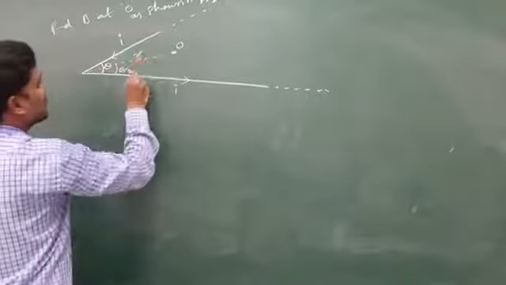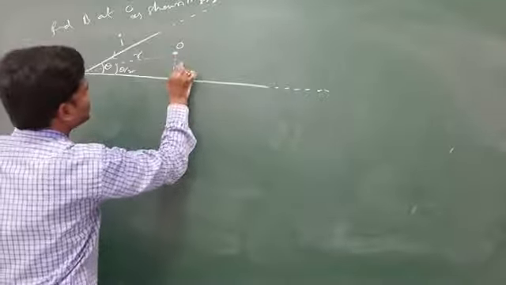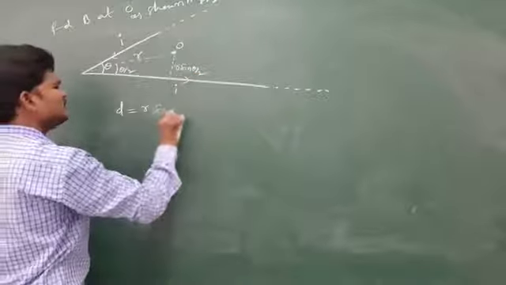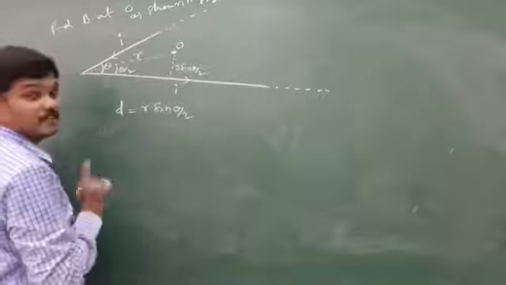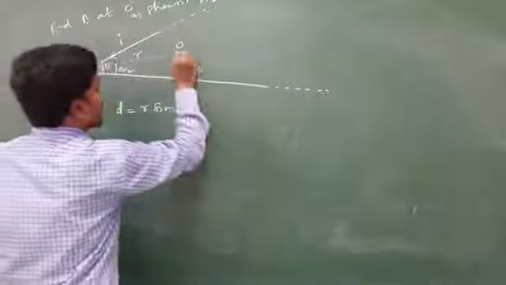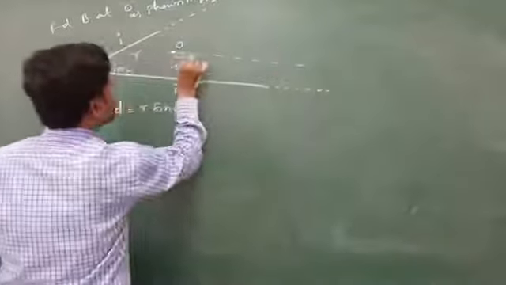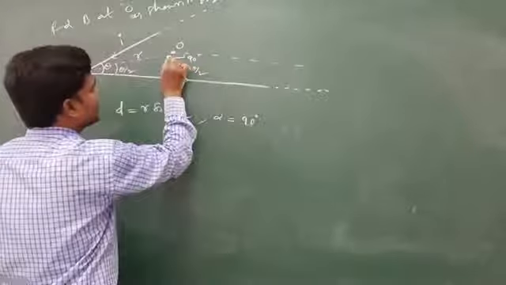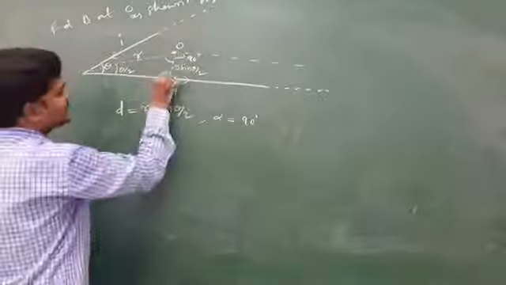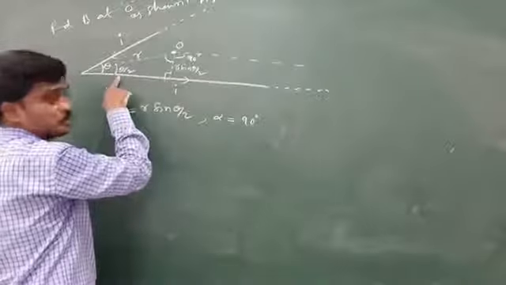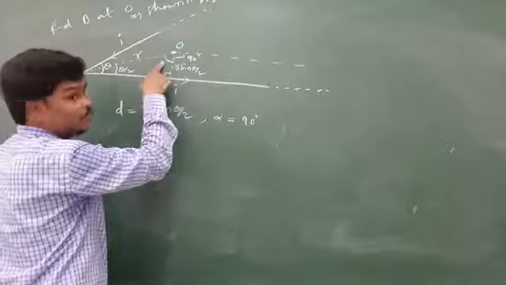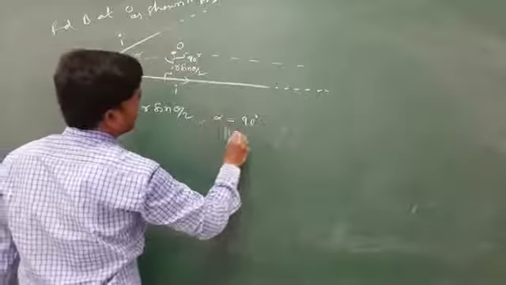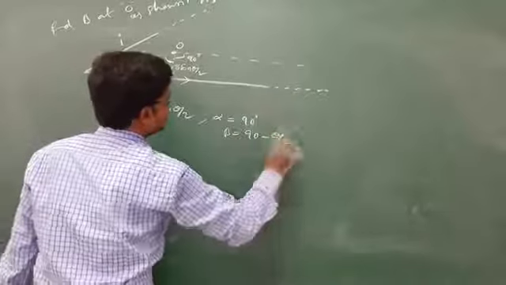So this is r, and this is r cos theta, and this perpendicular distance is how much? r sin theta by 2. So the distance is clear, r sin theta by 2, and now decide alpha and beta. Let me do it for this one. Join a line, and no doubt one angle is how much? 90. This is 90, this is theta by 2, and this is 90 minus theta by 2. So one more angle, let us take beta, is 90 minus theta by 2.